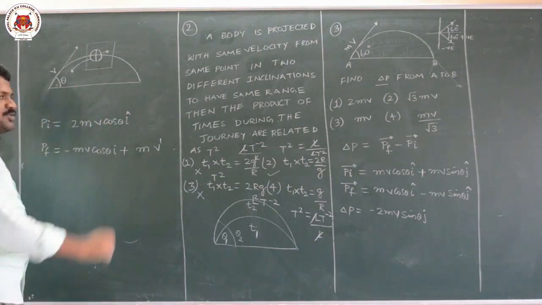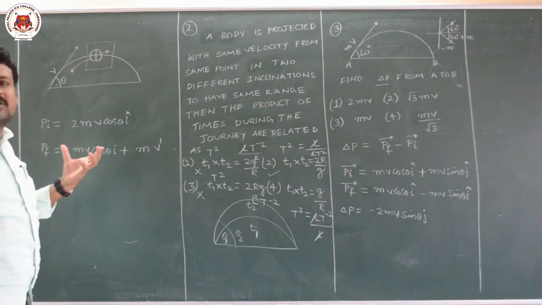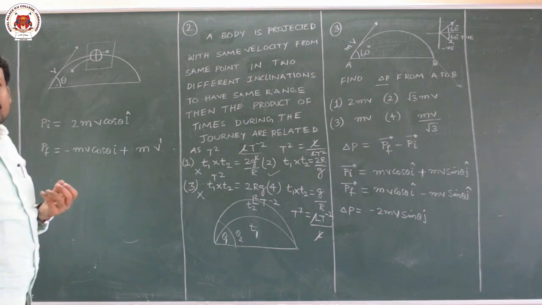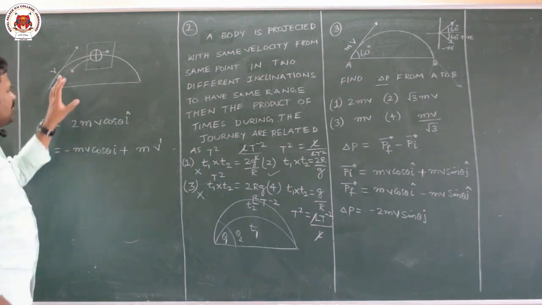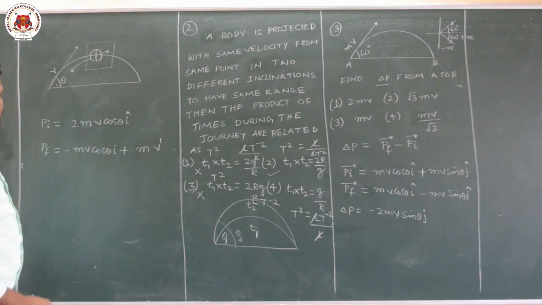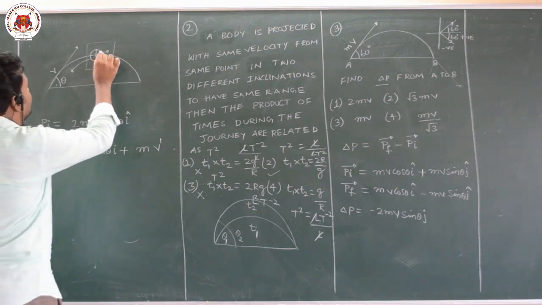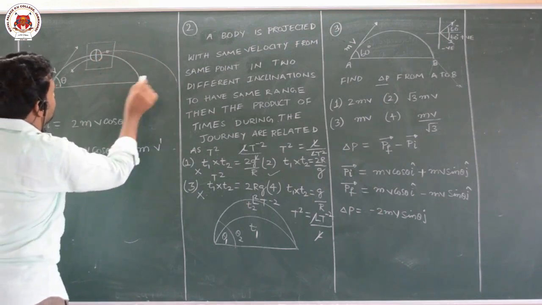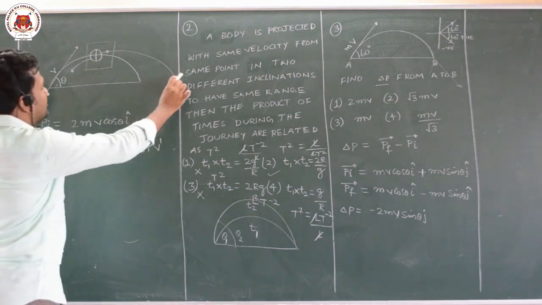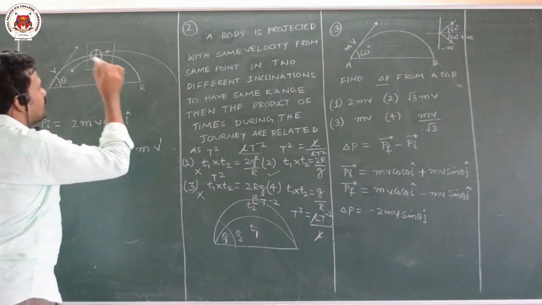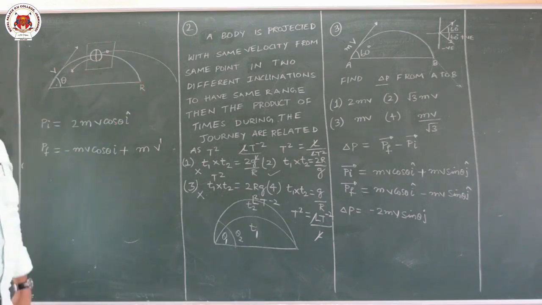And during explosion, momentum is conserved. Explosion is an internal force. In the absence of external forces, the total momentum of the system remains constant. So equate this. Within 1 second you will get the answer. Answer is 3 mv cos theta i cap. That means this particle will get a velocity of 3 v cos theta i cap, and it will fall at a certain distance. After that, if you calculate the center of mass, it will be at the range only.